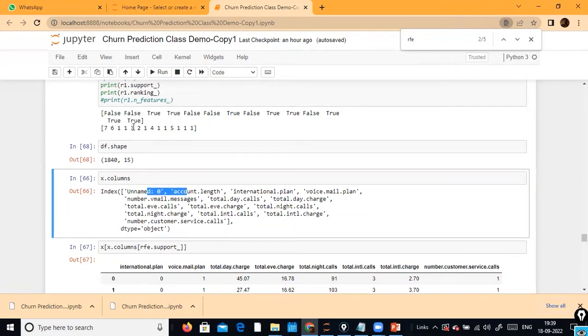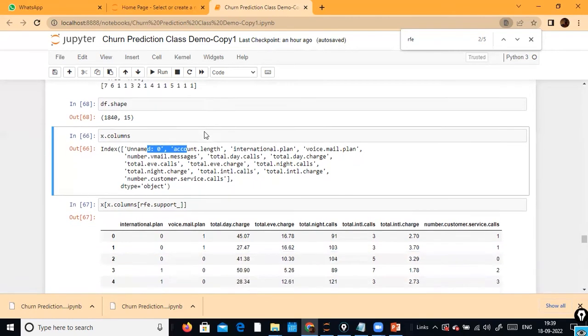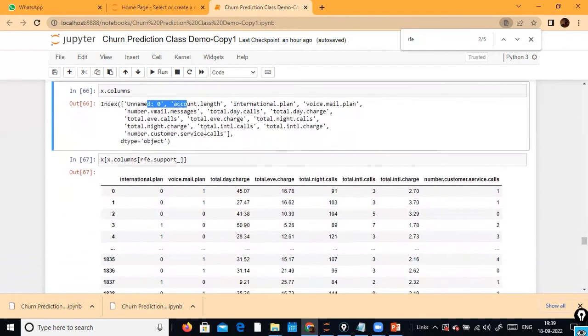For the false ones, you can see the rank is assigned with a higher number, sorry, the low rank, 6. The rank is low, and false is this one. And for true, you see 1, 1. And for false, you will find something like that. So better you take all the ones, 3, 4, 5, 6, 7 columns. 7 columns assigned with rank 1. If you include only those 7 columns,